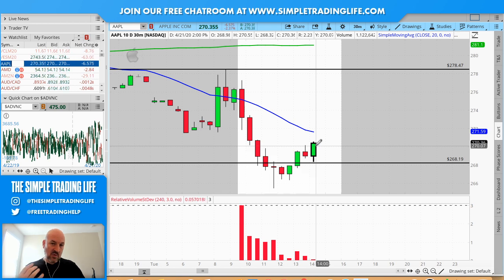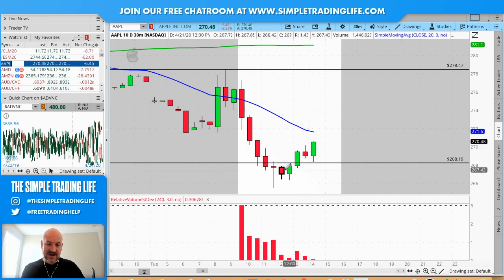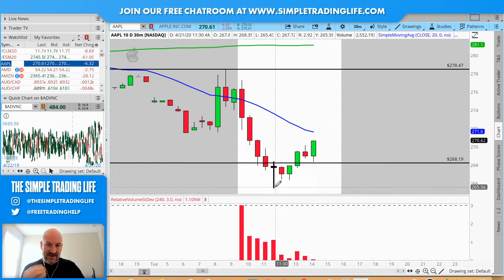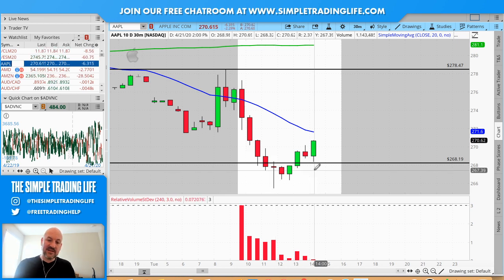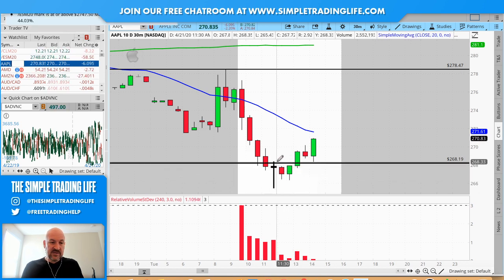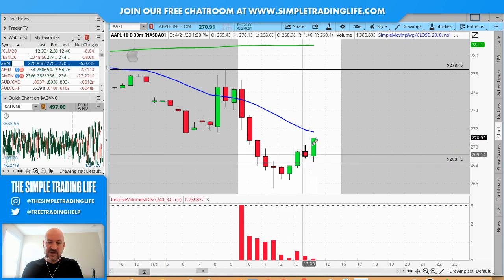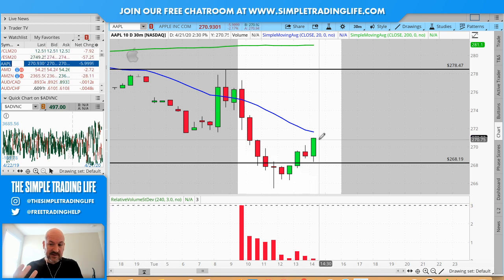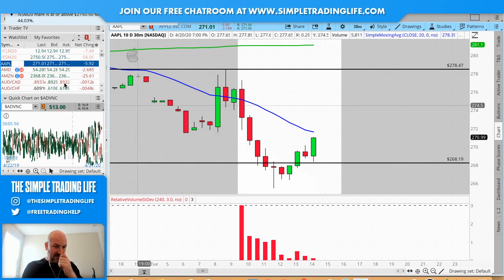All right, I like more a traditional hammer that has a body sort of like this right here on this candle, and then you have your wick about 3 to 3.5 times the length of the body. That's what I like to see. We're not going to do anything until this candle gets taken out anyway. The folks in my room know that. We wouldn't have been doing anything on these 2 candles. We wouldn't have been doing anything until we take this out. Then you go from there, because that's the high probability play, and that's what we're all about in here, high probability plays. Okay, I'll come back.